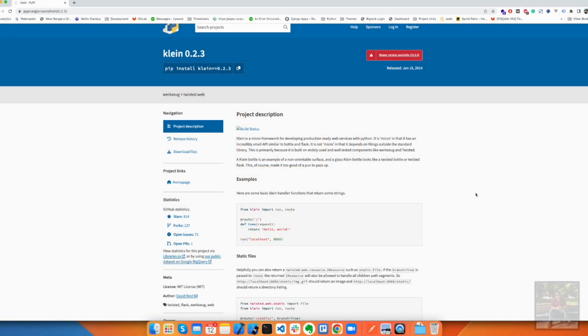A video tutorial on how you can use Klein to create microservices very quickly. This is a micro framework for developing microservices quickly. And let us start. So before starting, let me tell you that we need a VS Code where we will